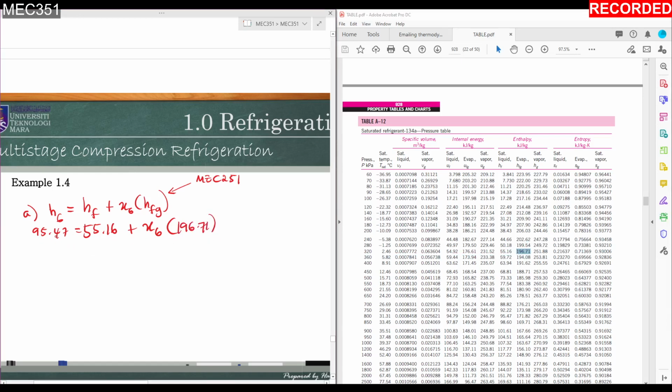You rearrange this equation, you will get the value of x6 equal to 95.47 minus 55.16 divided by 196.71. So you will get